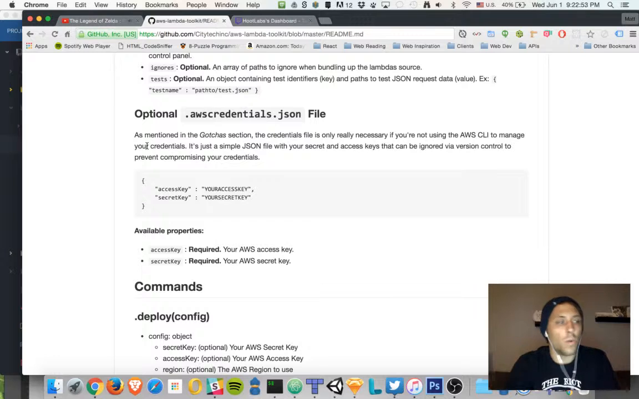If you really want to, you can pass it in as a property, but I highly recommend against that unless you've got a private Git repo. Otherwise, Amazon will send you angry letters, emails saying, hey dude, you've given away your stuff. So